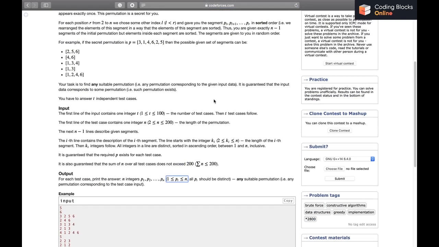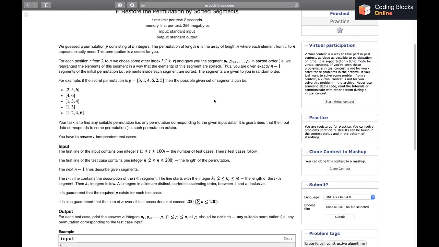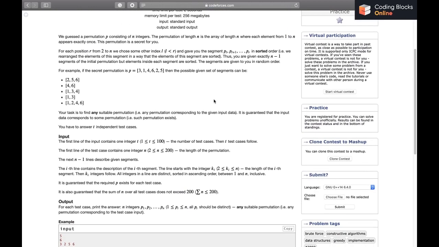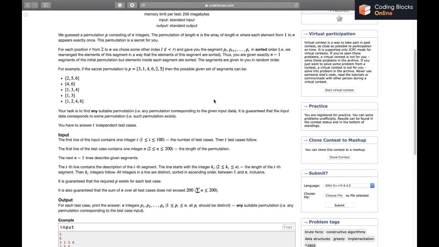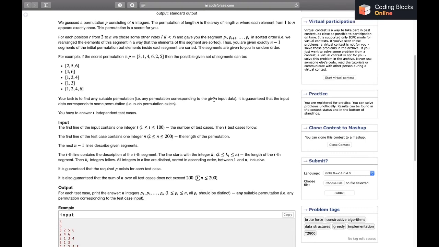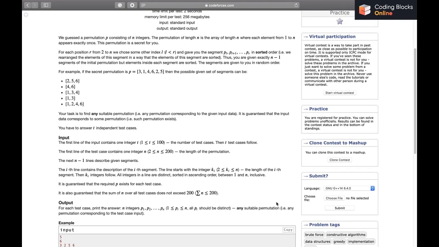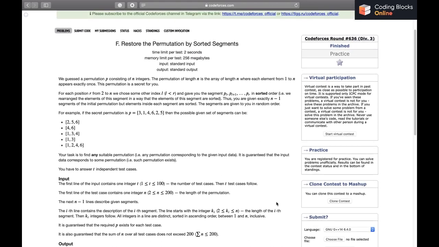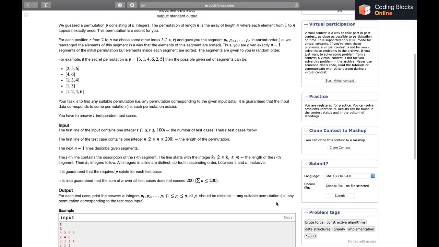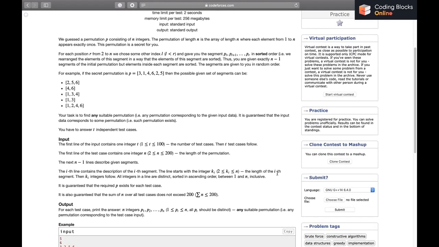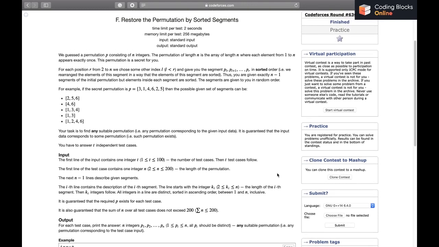I'll be reading the problem out and explaining the solution to you. Although the solution is a bit tricky, I'll try my best to explain the thought process. It's actually a hard problem. As you can see, the rating tag is 2800, and to give you some context, I think there is just one person from India who has crossed this rating barrier, and I'm not even sure about that. So I'll be reading the problem out now.